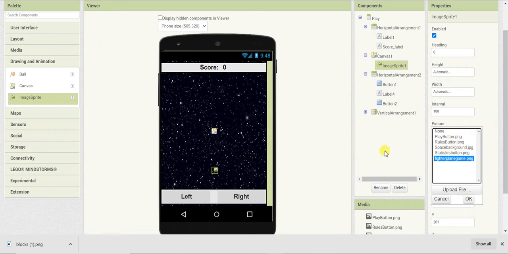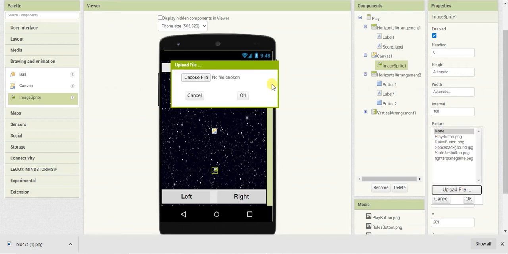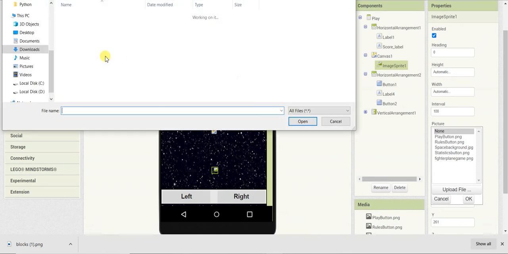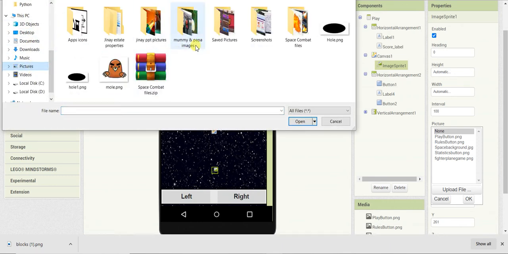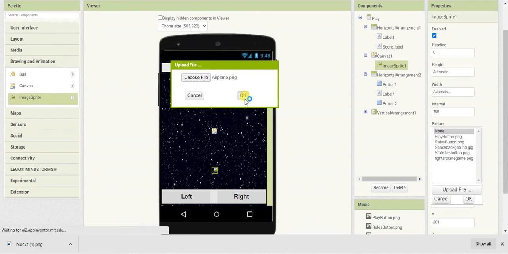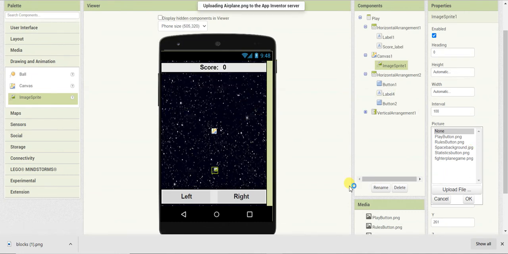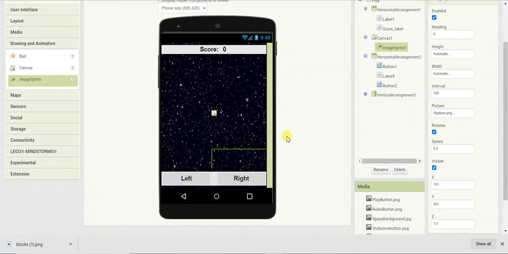Oh, so we have not added that picture. So we'll upload the file. So airplane, we'll just open this. So here I have just added one picture.